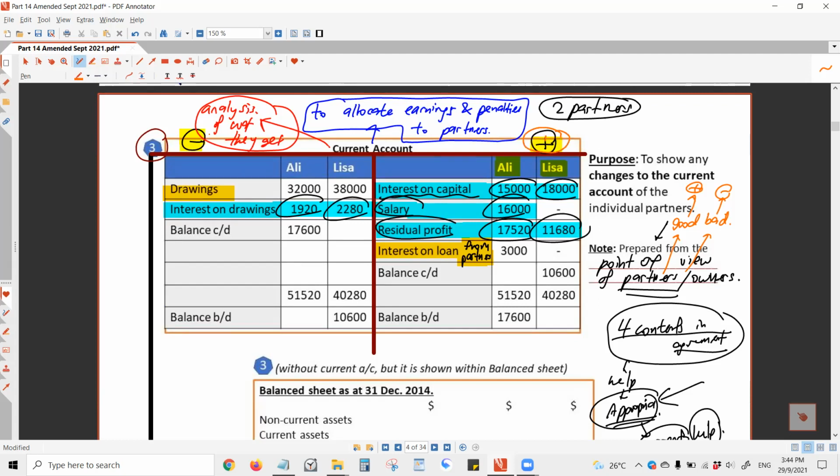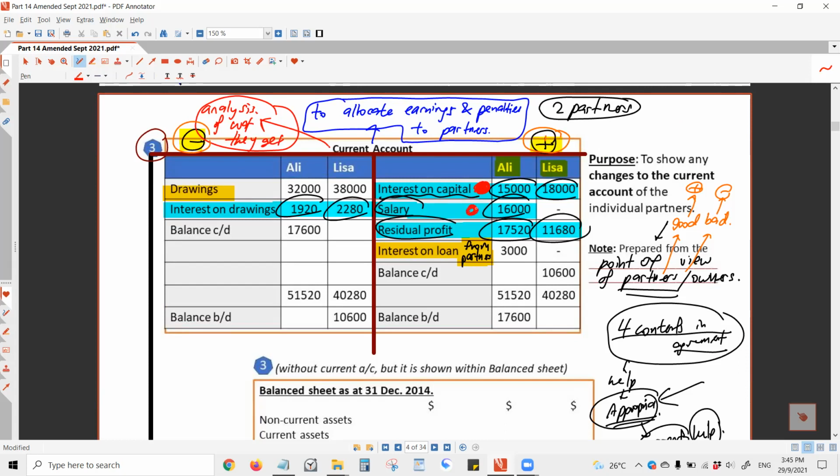Okay. Now, you know where is the plus and minus? Credit side is plus, debit side is minus. Of course, you must know that first, okay? Plus on the credit side, minus on the debit side. Otherwise, you will not know where to put each item. Okay. Now, let's try to test if this is correct. So, credit side is something getting into their pocket, right? Something good, right? Okay. First one, you see, interest on capital. Is this something good to them? Yes, it's a reward to them, right? So, something getting into their pocket, good.